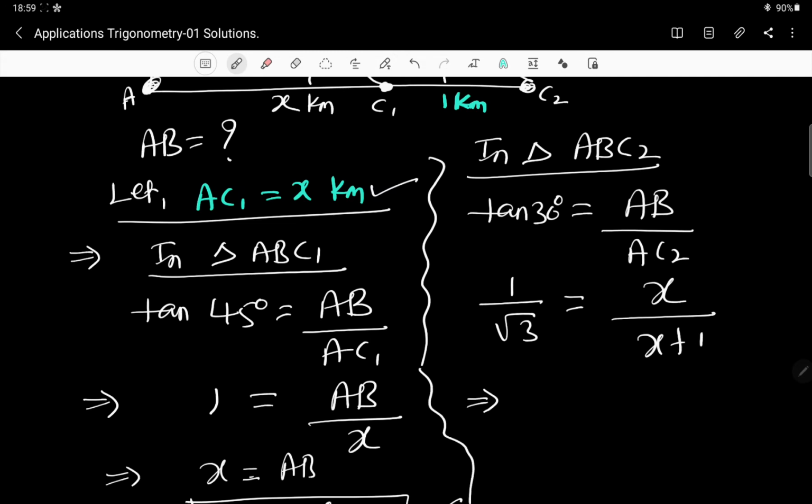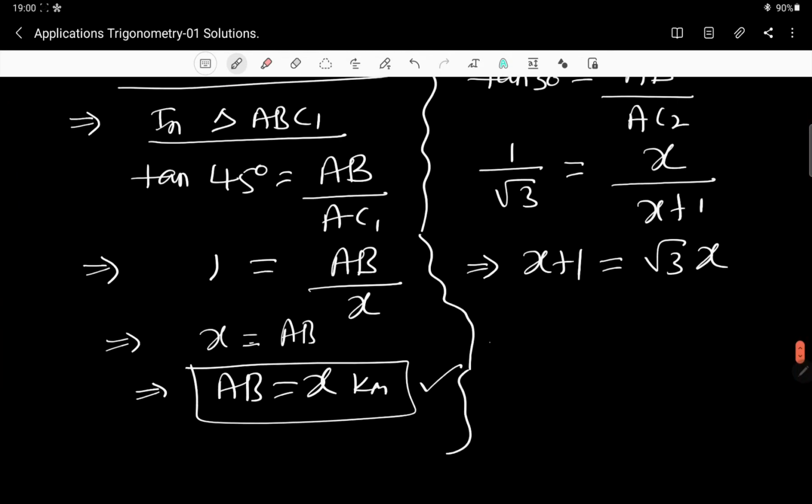Send this x plus 1 this side, so it becomes x plus 1 into 1, which is x plus 1 only. Root 3 this side means root 3x. Now I want x, no? So x let it be here only, and let me send x that side, otherwise it will become minus, no? So keep 1 here only. Not minus 1, I'm sorry. So I'm sending this x that side. 1 I am keeping here only. 1 is equal to root 3x minus x. I hope you are getting it.